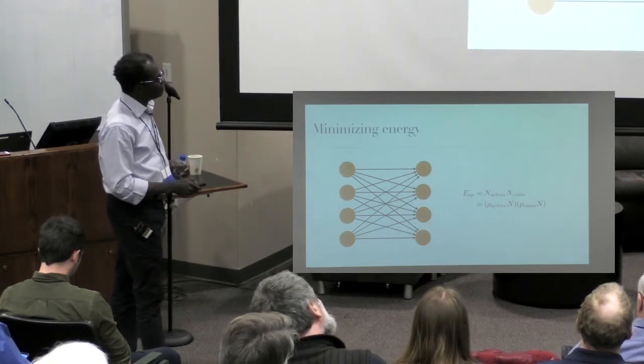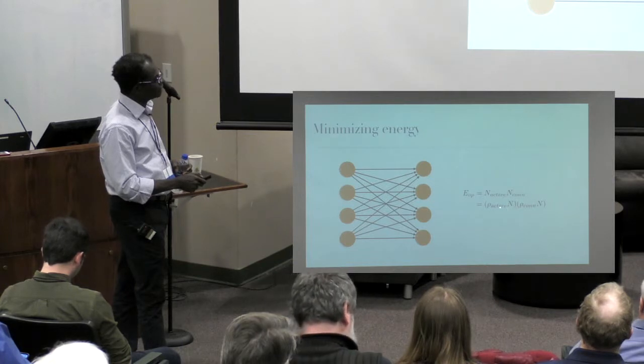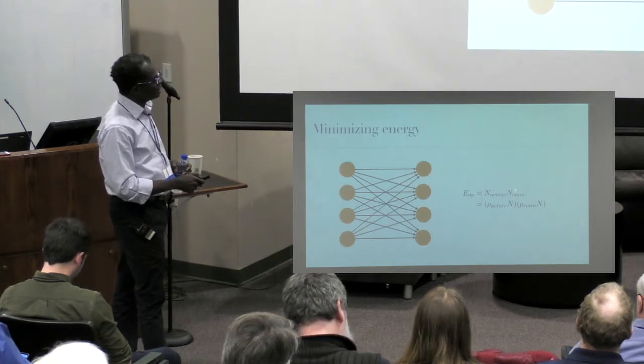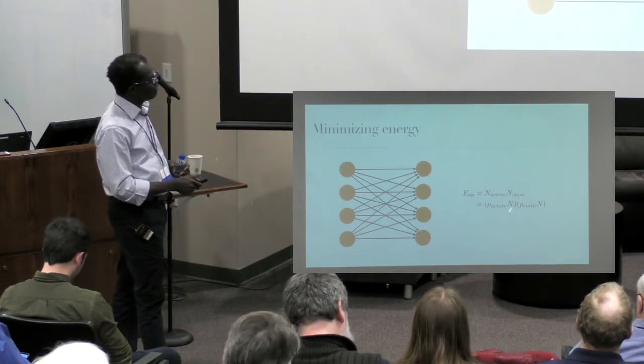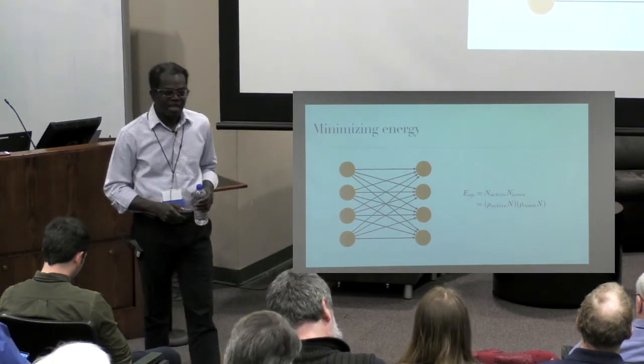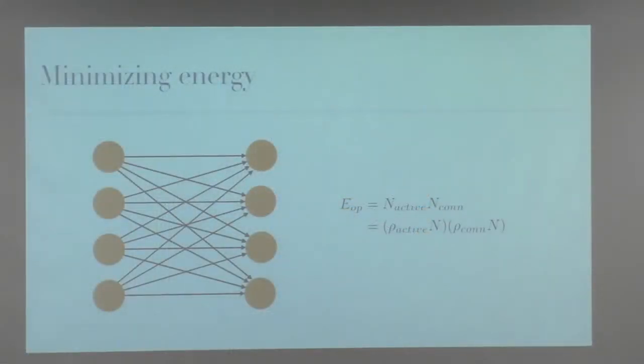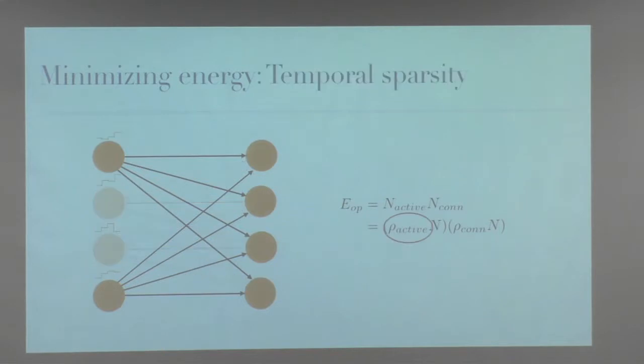And this number here, if you are smart, can be some fraction p active of the actual number in that layer. And this number here, if you're smart, can be some fraction of the actual number of connections, right? And so you want to basically exploit these two things to reduce the amount of compute. And it also reduces the amount of communication, because each time a thing's active you have to read a weight from memory and all that, those things track each other.